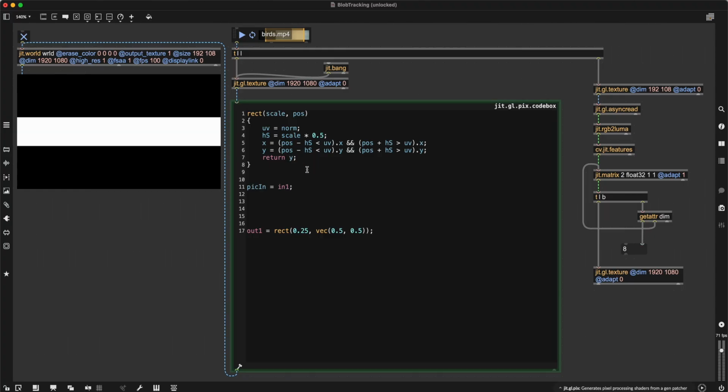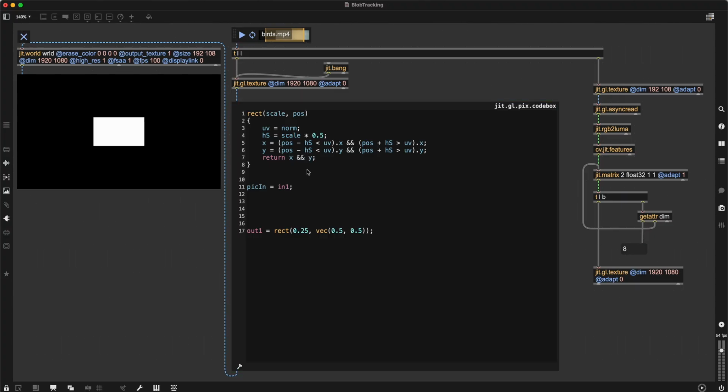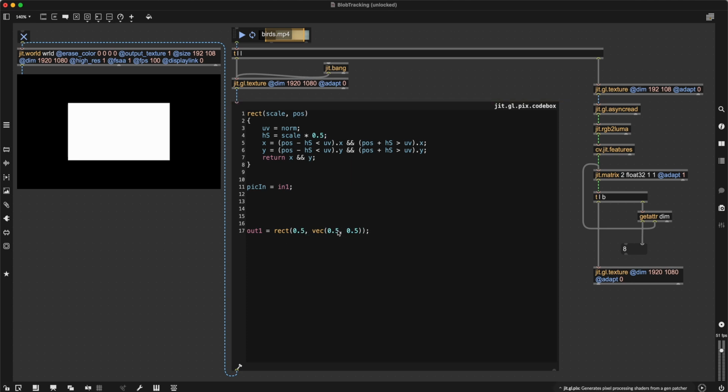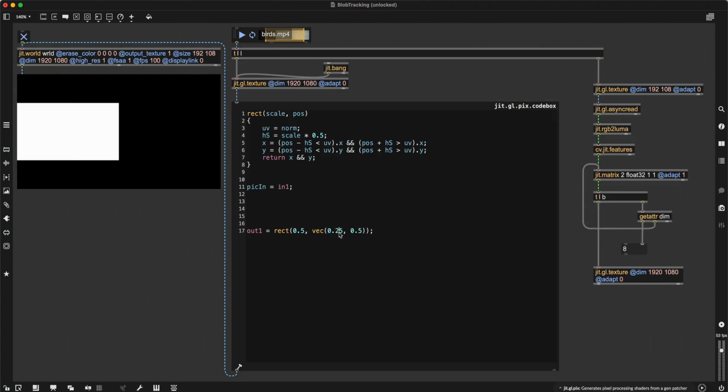And in order to get our rectangle, we can just say if both of those conditions are true, then we have our rectangle in the center at this size. So if we change the size, this happens. If we change the position, this happens. Okay, that's exactly what I wanted. Now I think we can move on to part 3, which is drawing multiple of those rectangles or multiple of those windows. In order to do this,